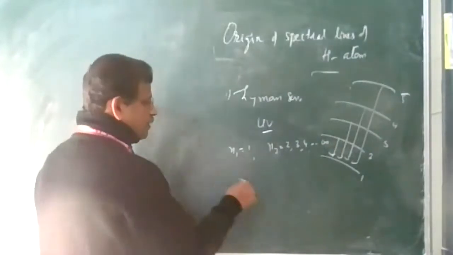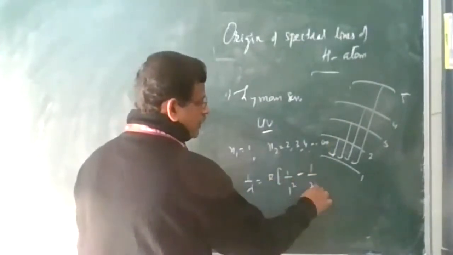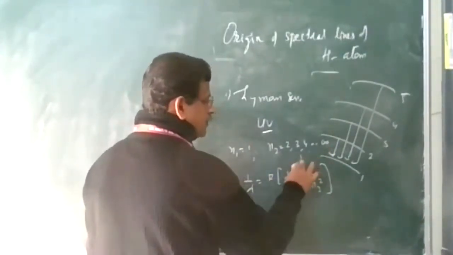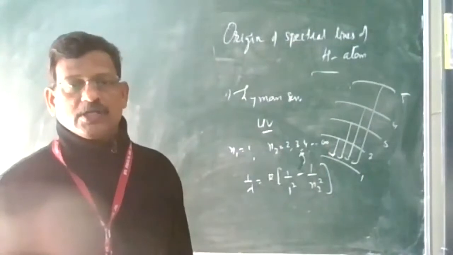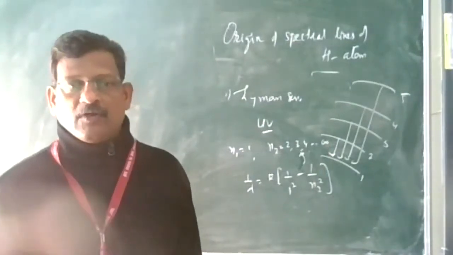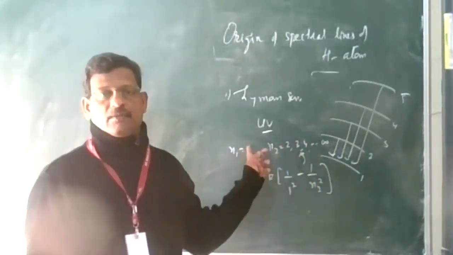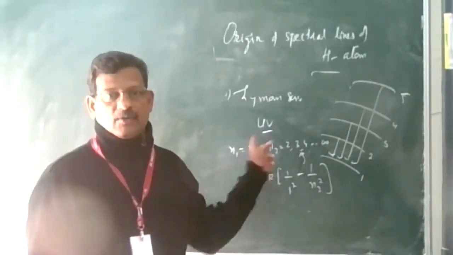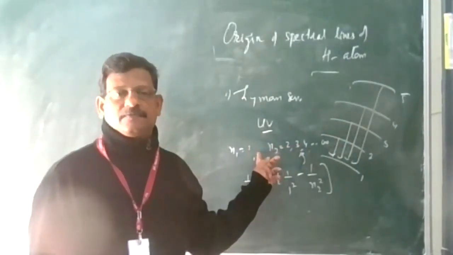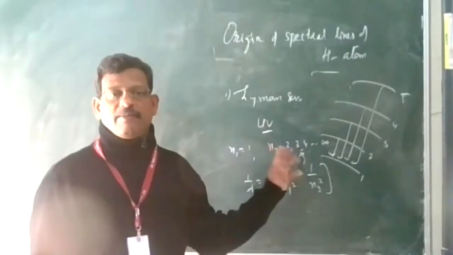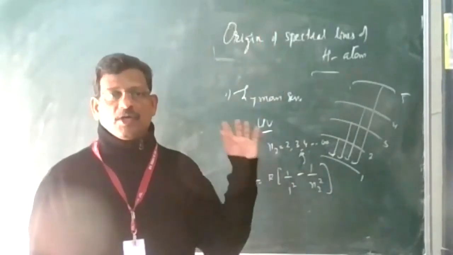And the corresponding equation will be 1/λ = R(1/n₁² − 1/n₂²), where n1 is 1 and the values of n2 are 2, 3, 4, etc. Corresponding to 2, you get one wavelength, 3 you get another, and 4, etc. One will be the maximum wavelength and one will be the minimum. The maximum wavelength we get when the electron jumps from the immediate outer orbit to the inner, so 2 to 1 gives the longest wavelength. When it is coming from infinity to 1, we get the minimum or shortest. In all cases, from the immediate outer to the inner orbit, you get the longest wavelength, and from infinity to the inner one, you get the minimum wavelength.